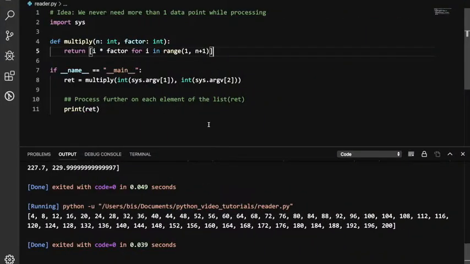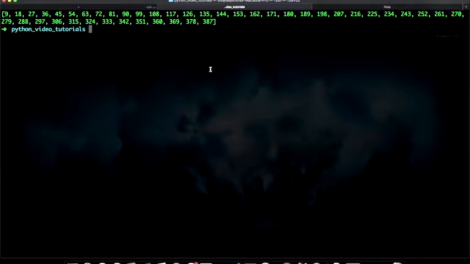So let me just do a little bit of experiment with this. What about if I run the same program with 400,000 values? In Python 3.7, you can also do this. It's not a big deal. So let's say I just want every element to be multiplied with 9, and I just need it for 400,000